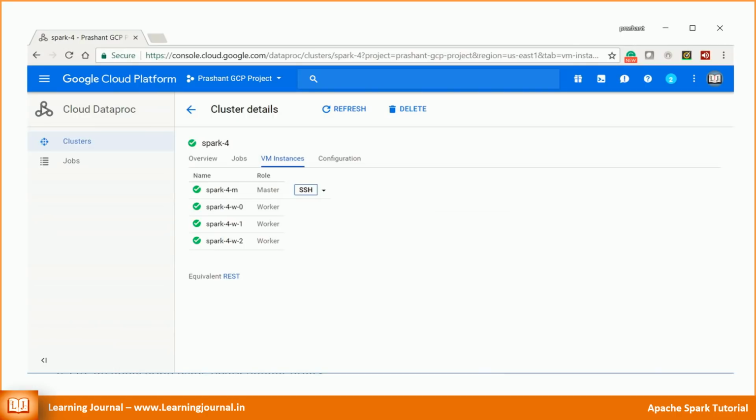I've set up a 4-node Hadoop and Spark cluster in Google Cloud. If you are interested in trying it yourself, check out my Google Cloud tutorials. You can set up a free Hadoop cluster in Google Cloud. Okay, here is my cluster. I have one master node and 3 worker nodes. Each worker machine has got 2 CPU cores, and hence I have 6 Yarn cores available at my disposal.